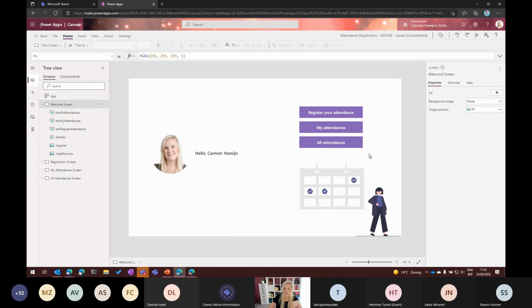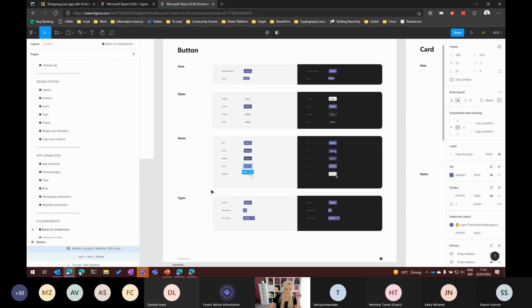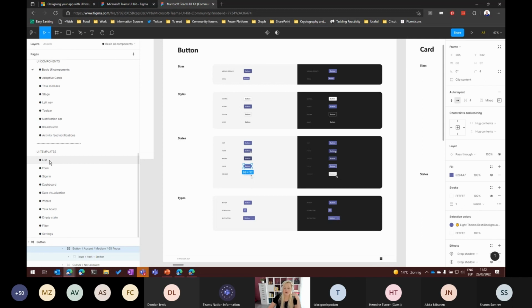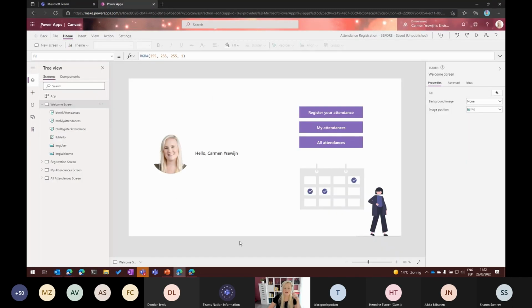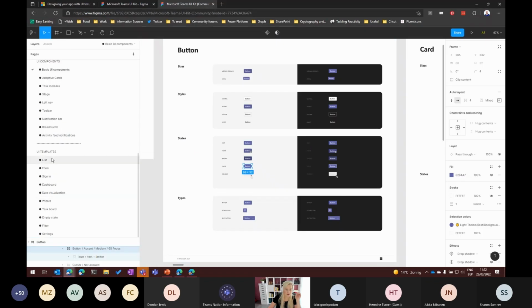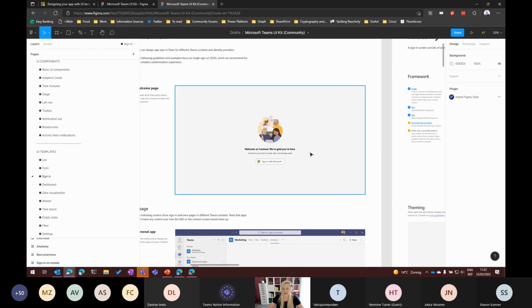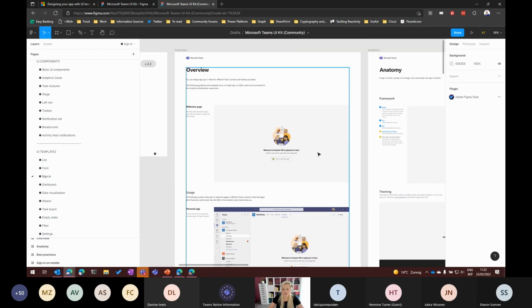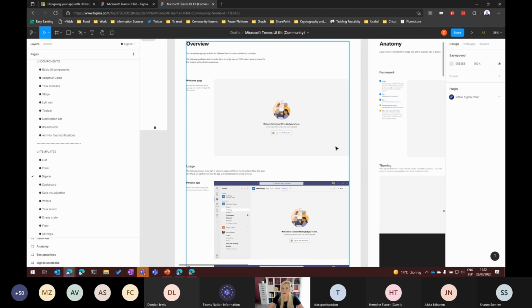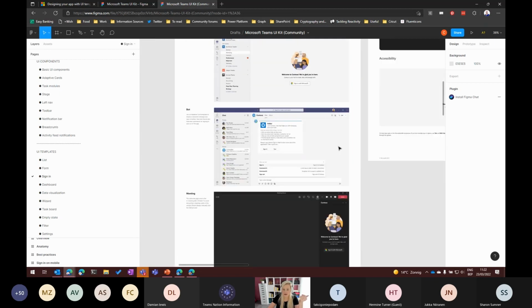I'm going to start with the home screen to make that look more like it belongs in Microsoft Teams. And so for that, I'm going to go back to the toolkit and take a look at the templates, which one would best match the purpose of this screen. So this is a welcome screen. It says my name, and then it has some options. So if I look at the Teams UI Toolkit and go through the templates, I would see that, as I mentioned before, the sign-in screen is a really good example of what a welcome page could look like,